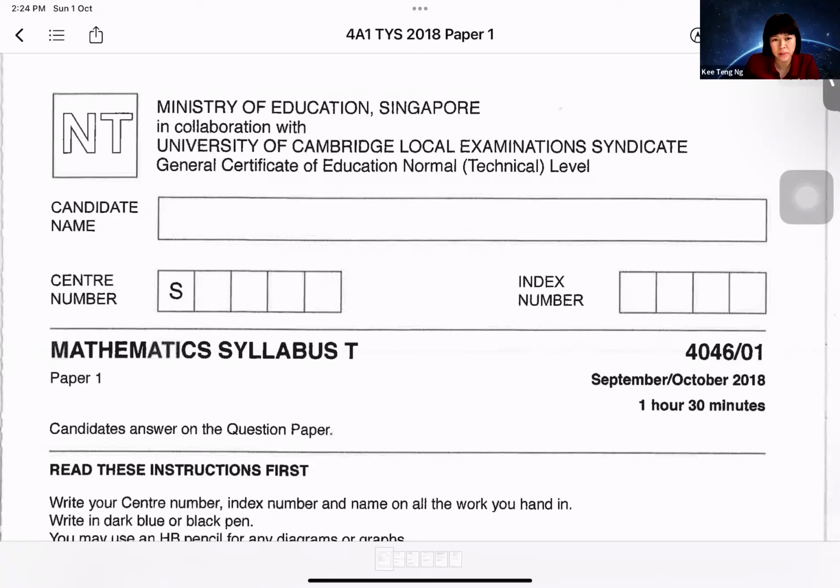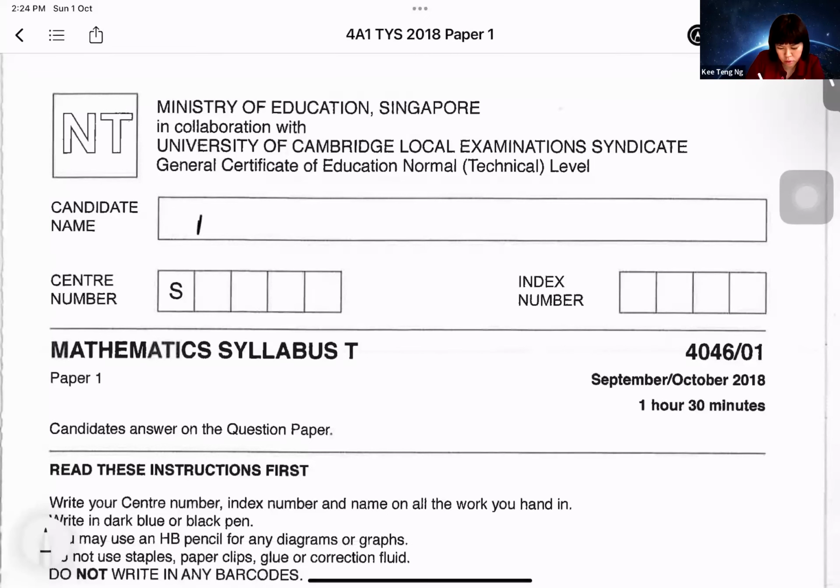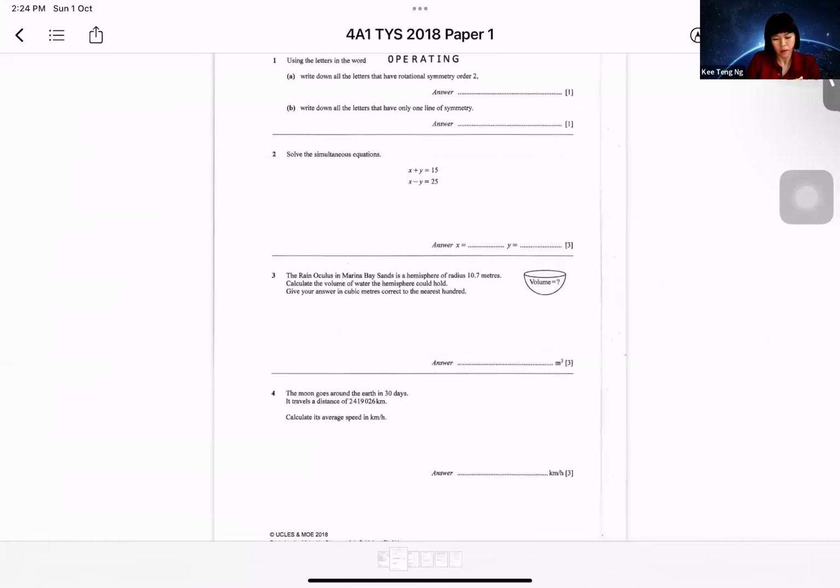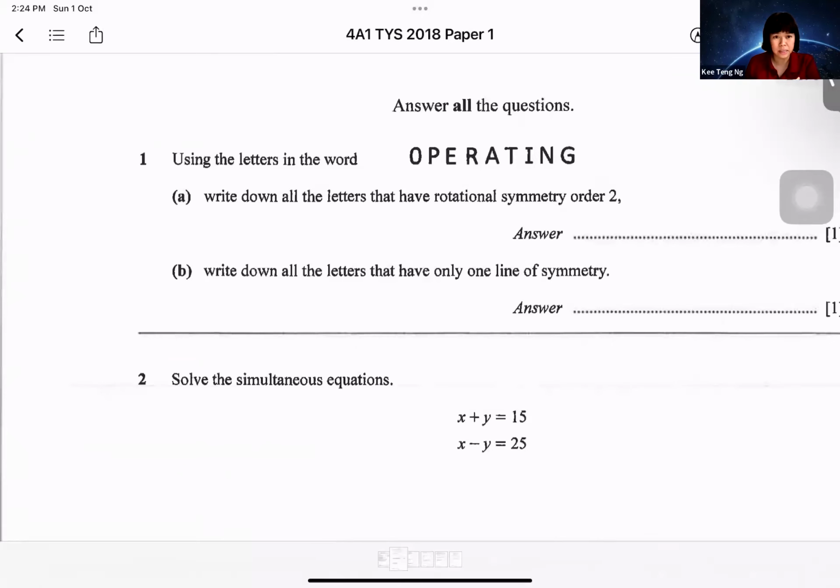In this video, we'll be looking at Mathematics Syllabus T 2018 Paper 1. Right, without further ado, let's begin. First question: using the letters in the word "operating", write down all the letters that have a rotation symmetry